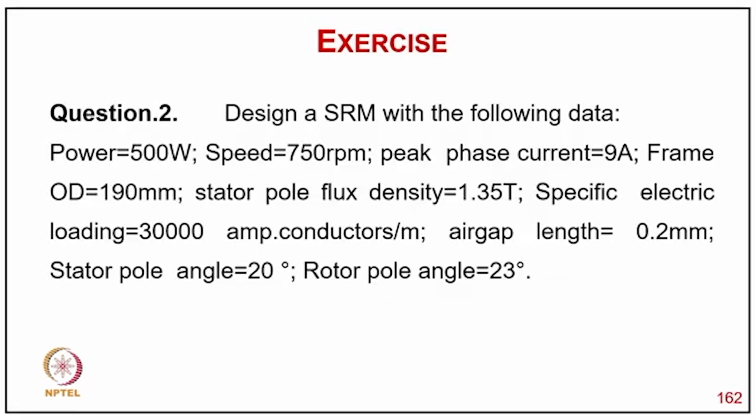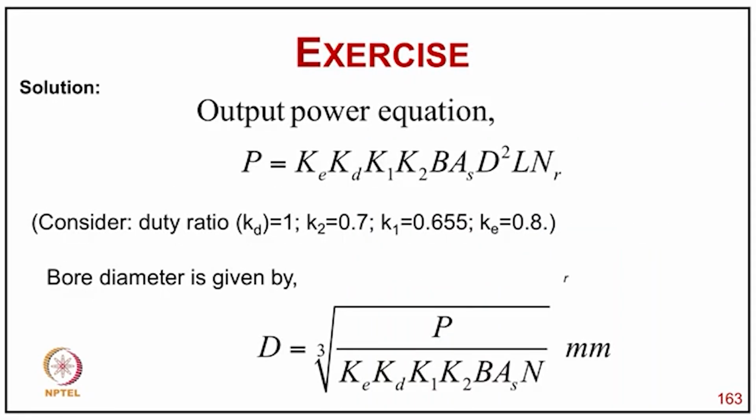Now coming to question 2: design an SRM with the following data: power output 500 watt, speed 750, peak current 7, peak phase current 79 ampere, frame OD 190 mm, stator pole flux density 1.35 Tesla, specific electric loading 30,000 ampere conductor per meter, air gap length 0.2 mm, stator pole arc angle 20 degree, rotor pole arc angle 33 degree. The output equation is P equal to K KD K1 K2 B S D squared L N R, and here, considering the values K1, K2 equal to 0.7, K equal to 0.65, and K is 0.8, the bore diameter is given from this equation,